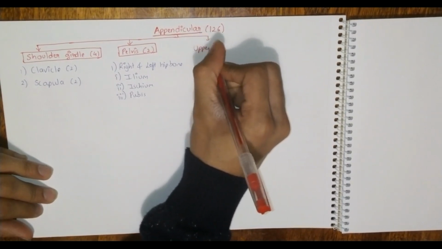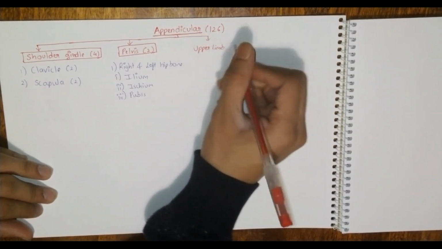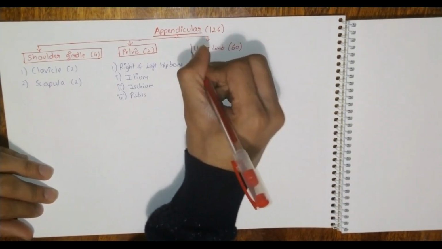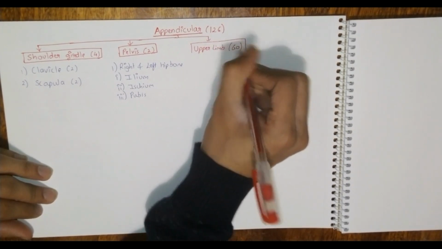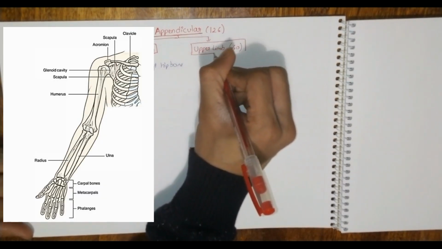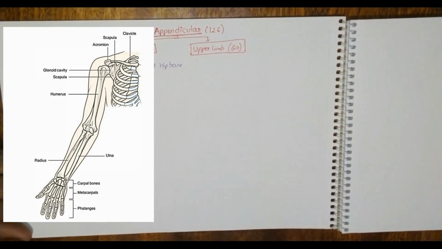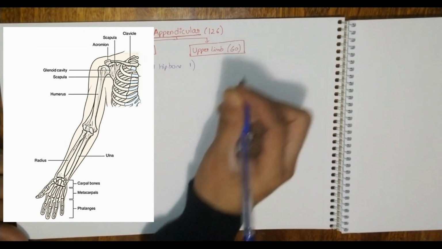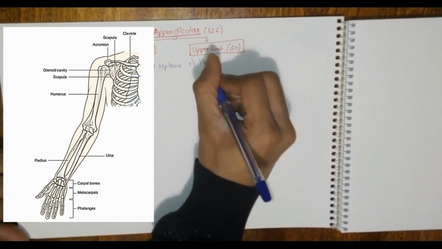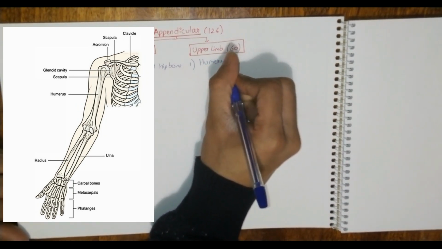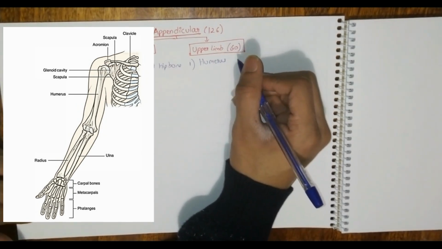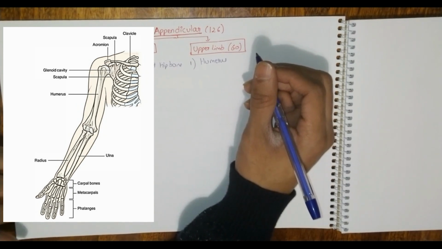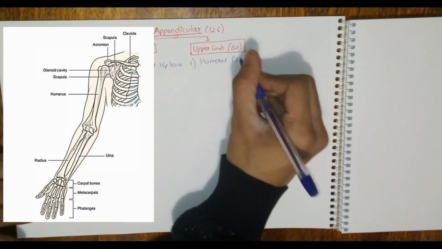Upper limb. Now upper limb contains 60 bones. The number may be much, but if you try, it is very easy and you can learn it. Let's start. The first one is humerus. Now when I'm talking about upper limb, I'm counting both the limbs, both the arms. So there are 2 humerus,